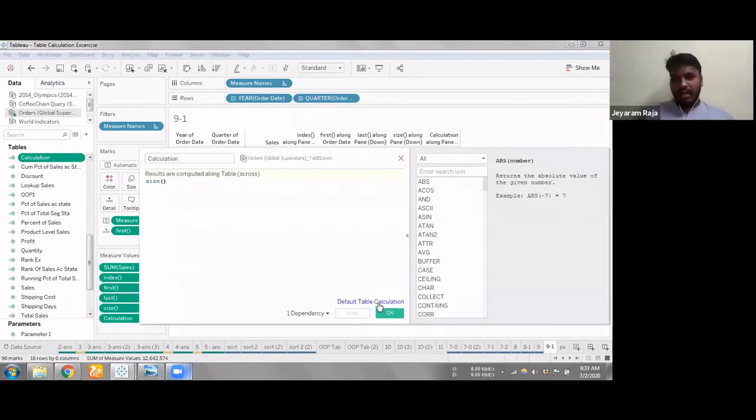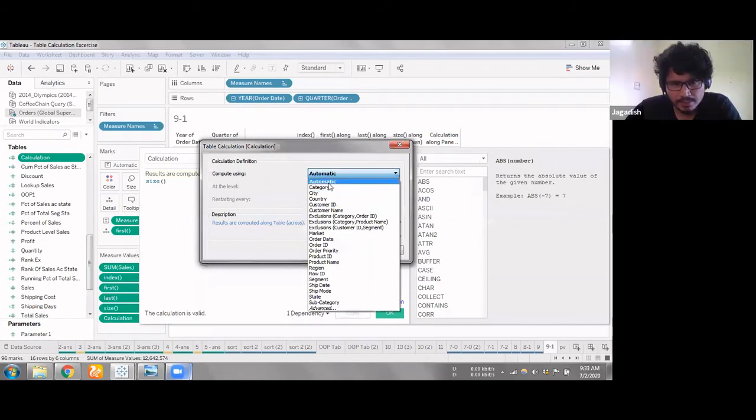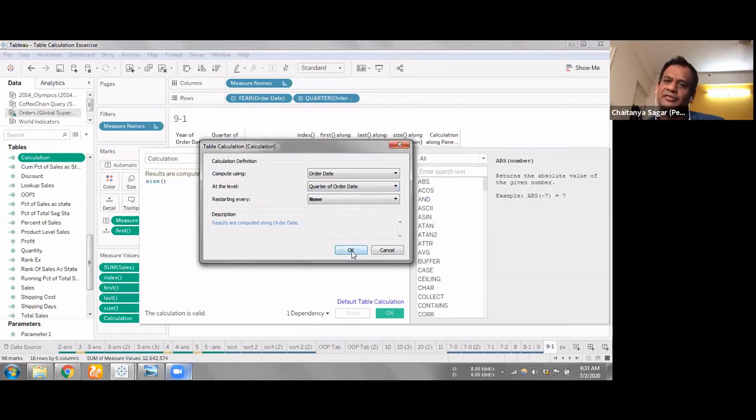No, we can do that actually. Once you make it, here we have compute using. Pane down means my every year. Category, quadrant. I'm not getting quadrant. Let's see this. Select that. It should be quadrant. Hey Jairam, this still affects the entire field. It doesn't affect just the size.